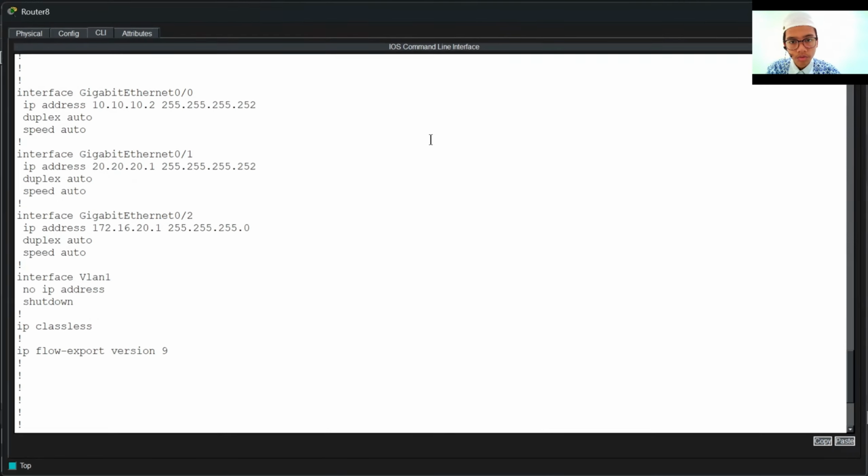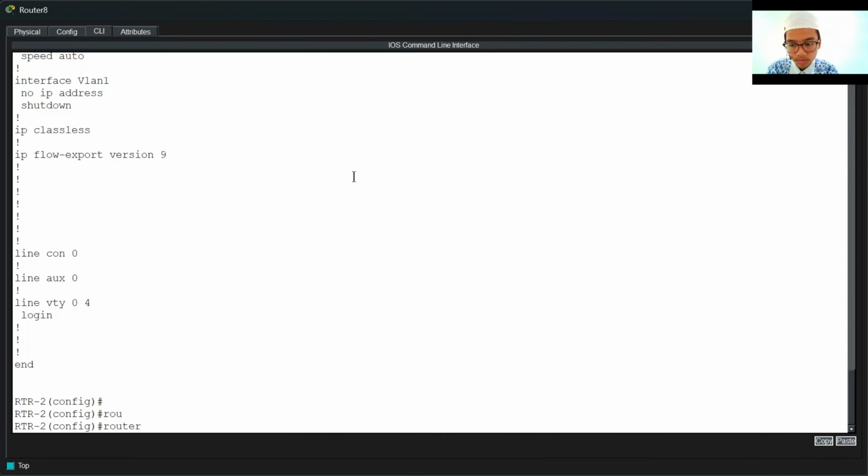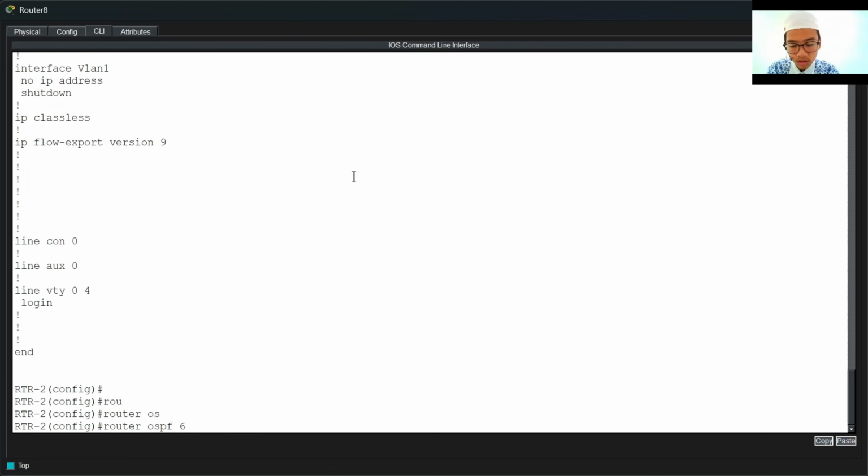After that we move to router 2 and type router ospf. The process ID must be the same. They can't have different process IDs; they must be the same.